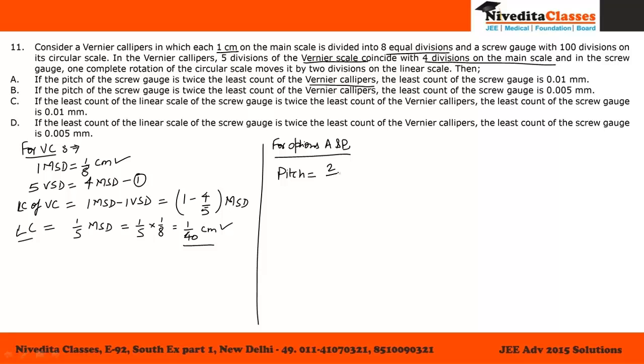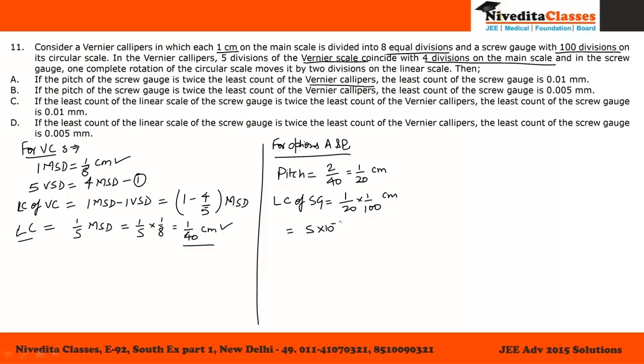So it will be 2 divided by 40, which is equal to 1 by 20 centimeter. Now there are 100 divisions on the circular scale of the screw gauge. So the least count of the screw gauge will be equal to pitch divided by 100. So that will be 1 divided by 20 into 1 divided by 100 centimeter,